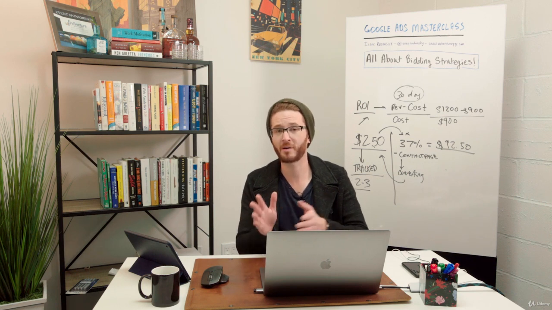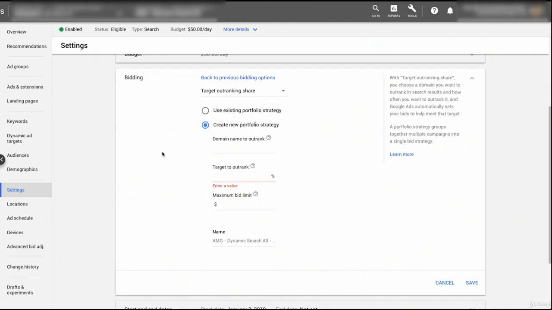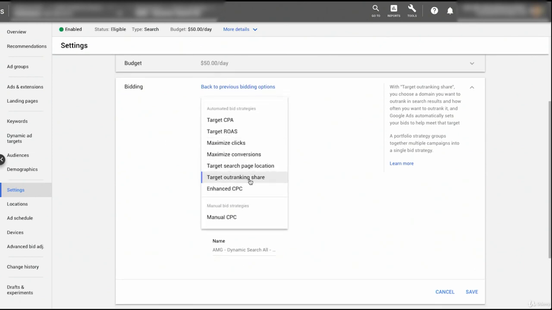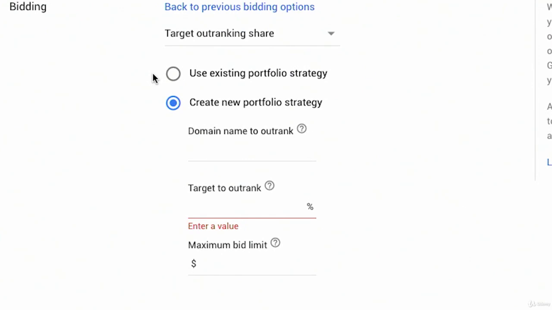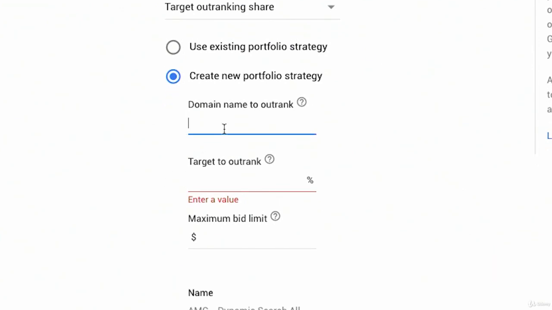So let me just show you quickly how target outrank share looks inside a live Google account. So here we are back in Google Ads in an actual live account. I've selected target outrank share as my bidding strategy, just to show you what this might look like. If I have portfolio strategies, which are basically bidding strategy templates set up, then I could use an existing portfolio strategy, or you just select create a new portfolio strategy, and I choose the domain name to outrank. So let's say in this case, for example, it's